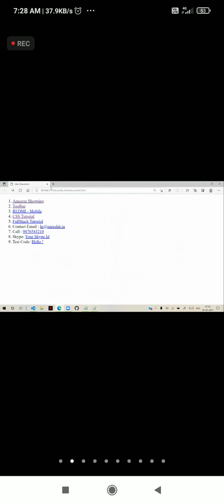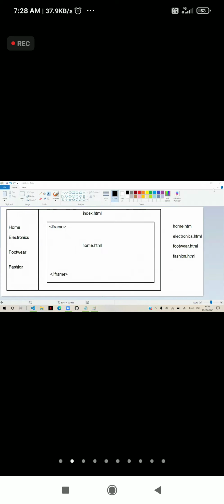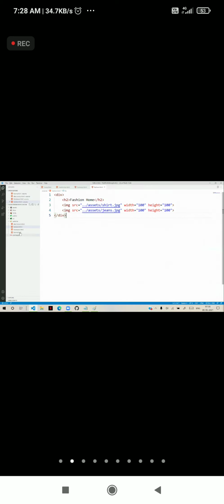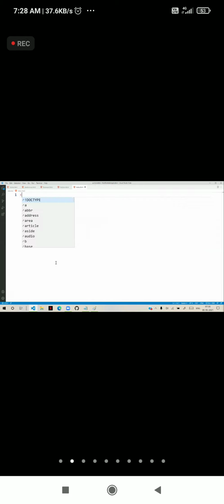So let's create this index page now. In the website folder, I am creating the index page, index.html. Now in this index.html, I am writing doctype HTML, head, title index.